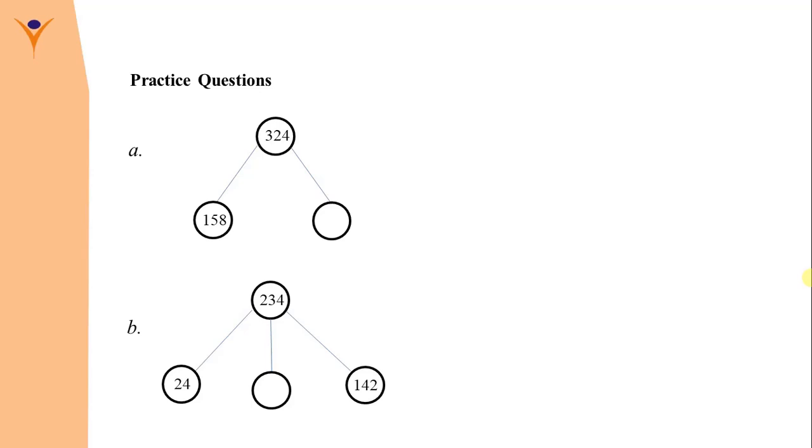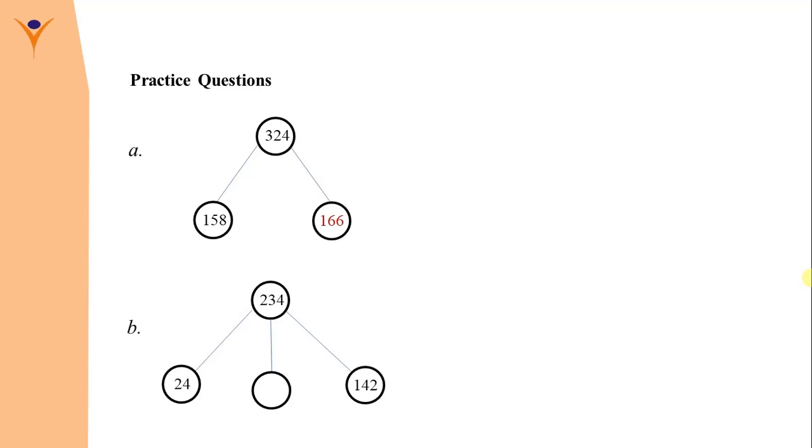If you look at the first one, you have the whole as 324 and a part there shows 158. In order for you to get the missing part, you subtract 158 from 324. And that gives you